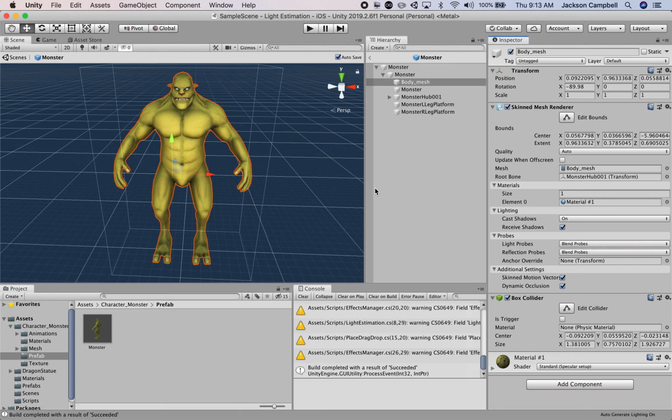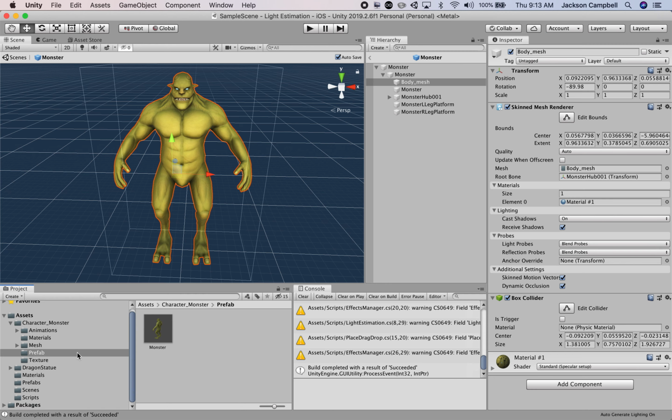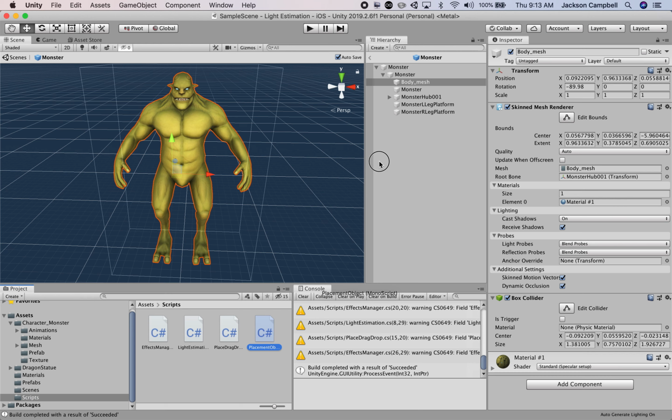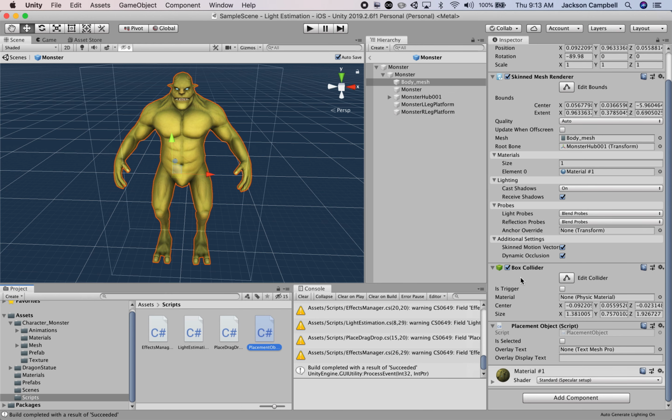We're going to need to now also, so over here in our assets, go to the scripts and find that placement object and drag that onto the body mesh so that it adds it below this box collider, because we'll need that if we want to actually move the monster around. Okay. And if we go back to our scenes,